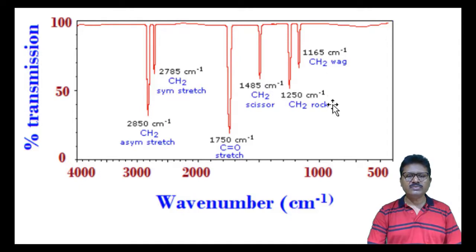So when IR radiation with different frequencies is allowed to pass through the sample, then with respect to the vibrations of the unknown sample, we will get different absorptions with different intensities. From the spectrum we can understand which type of functional groups are there in the molecule, or we can get an idea of the structure of the molecule. So this is the basic background, or basic science, on which IR spectroscopy depends.